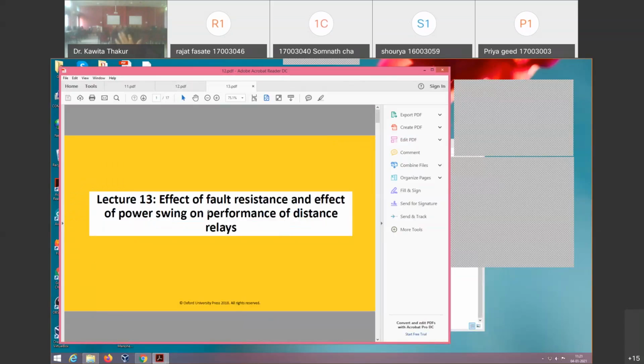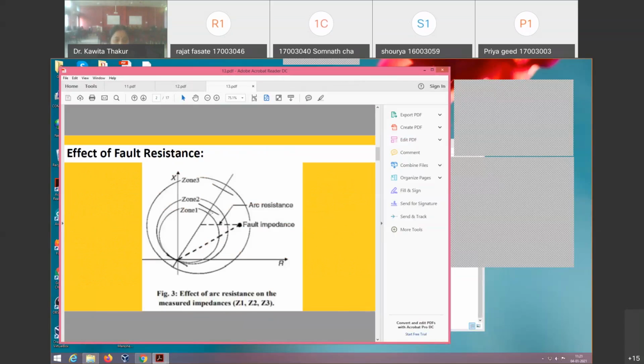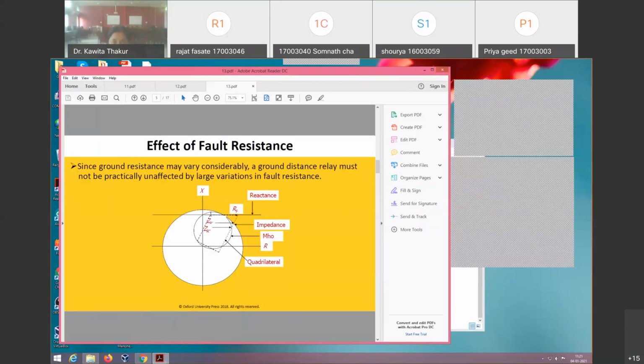13th lecture. In 13th lecture, we have seen what is the effect of fault resistance, the effect of power swing on the performance of distance relay. Okay, now in this we have concluded that for short transmission line we are using reactance relay. For long transmission line we are using Moore relay. For medium transmission line